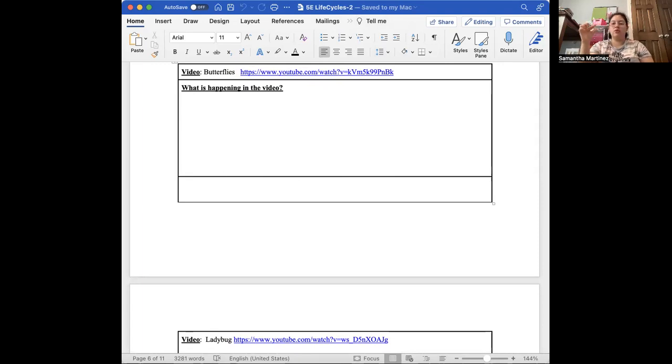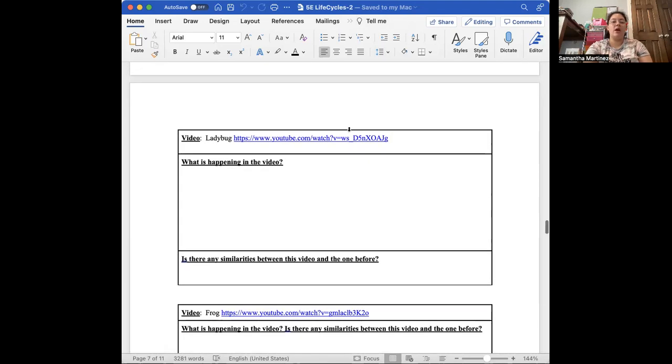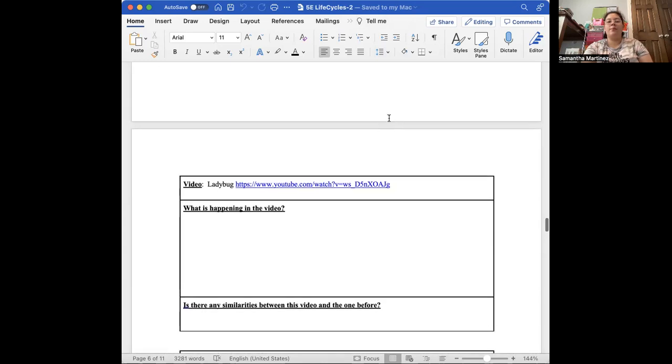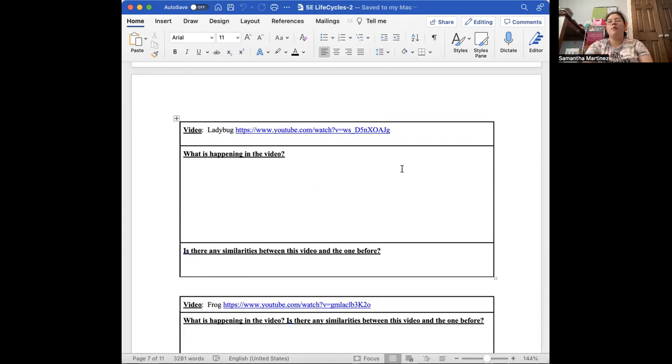So the last little area, there's no question there. It's just blank. But they'll write down their observations. And then once they go to the next video, they'll write down their observations, and in the following little box, if they see any similarities or differences between the previous life cycle, which again, I'm not looking for, oh, this animal grew wings, but more of, oh yeah, the similarity is growth, birth,